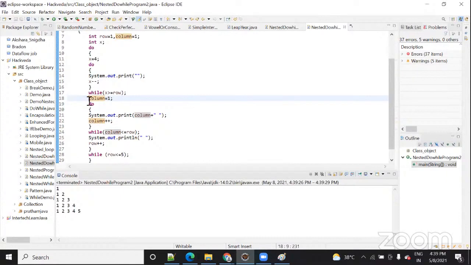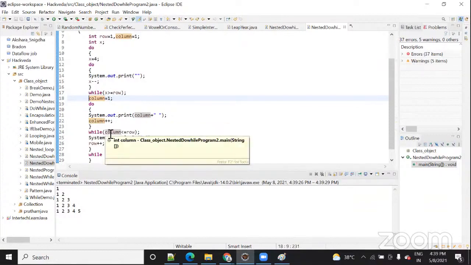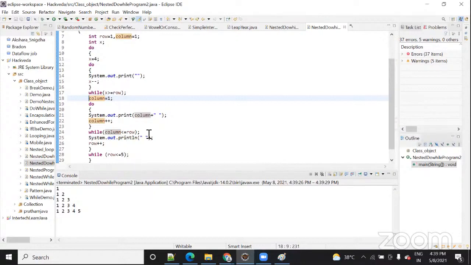So here the column value 1 means that on the first column it will print the value, okay. Then it will increment it, and this will go back again. This will check the condition here, what is the column value now after increment, 2. 2 is less than 3, okay. So you will come, you will give the space that much time, and in this way the flow will go.